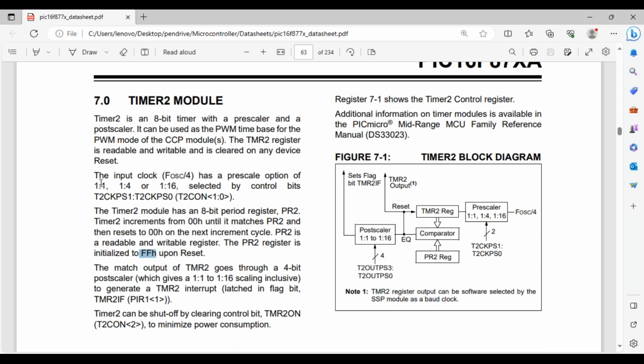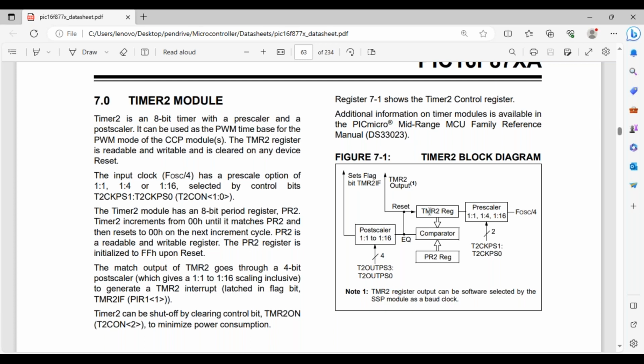So if you start the timer 2 module, it starts ticking from 0 and it reaches till the value whatever is written to the PR2 register. Once that value is reached, there will be an overflow back to 0 in the timer register. So whenever I want an interrupt to get generated just after 250 ticks, the only thing I'm supposed to do is write PR2 with the value 250. Now once the timer 2 register starts ticking from 0, 0 to 1, 1 to 2, 2 to 3, the moment it reaches the value which is available in the PR2 register, that is 250, there will be an